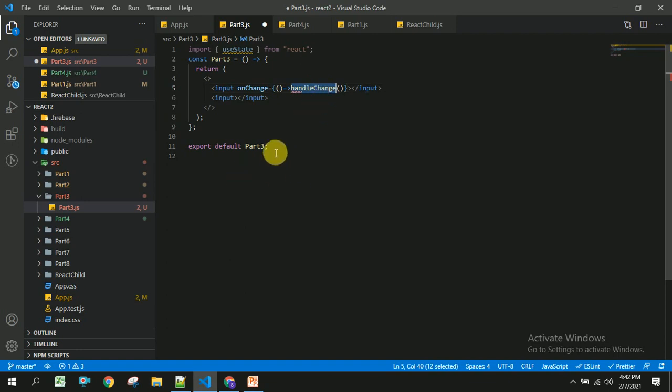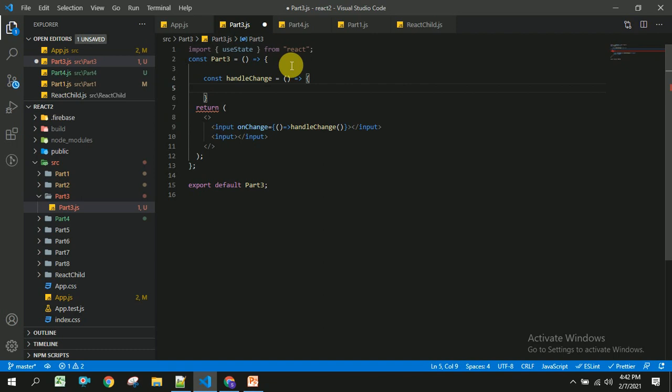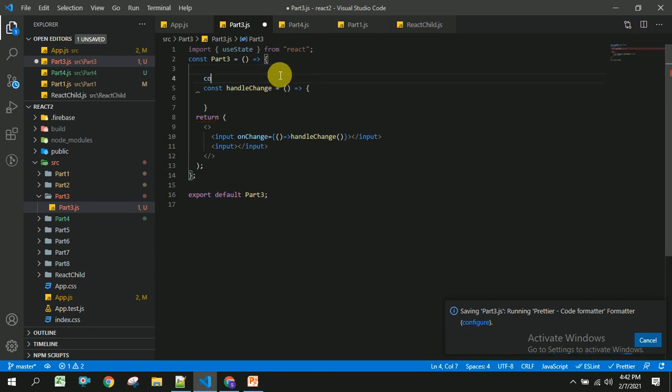Now I am going to create this by using an arrow function. In order to store whatever the user has entered, I have to create a variable: const inputData, which is for storing the data, and setInputData, which is for setting the data.